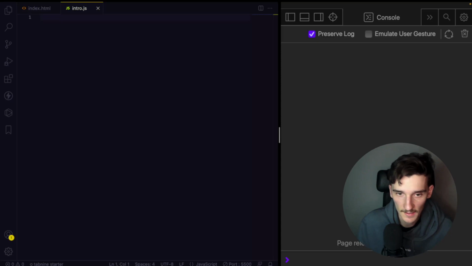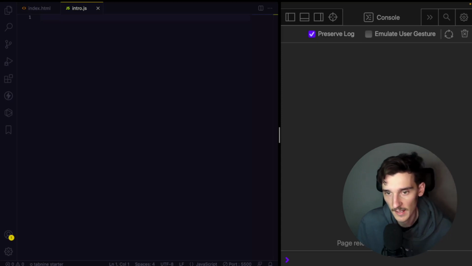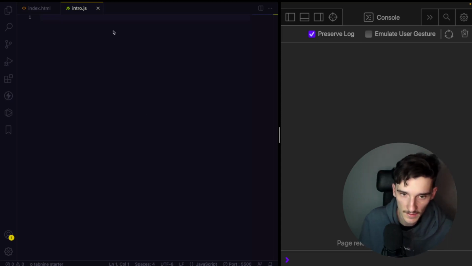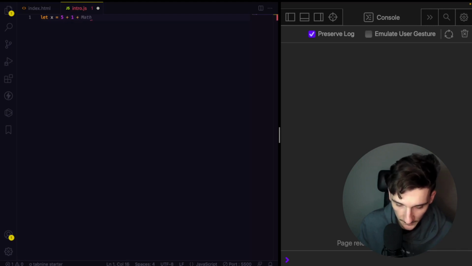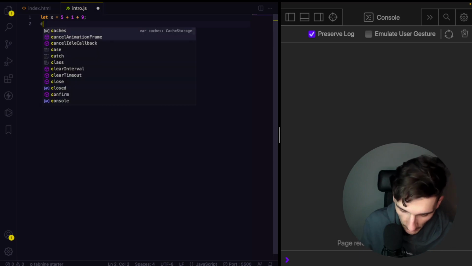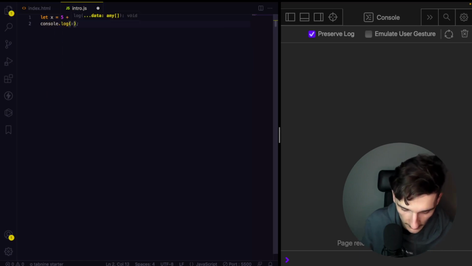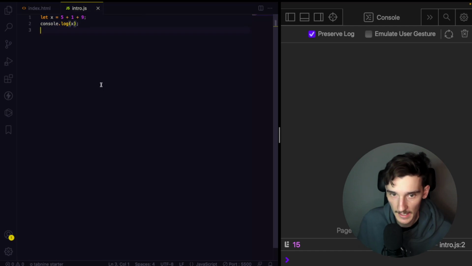Let's start this episode with the simplest algebra operations, and the first one maybe will be adding some variables. I will start with declaring x, for example, which is equal to 5 plus 1 plus 9. I will console log it, and I have 15, so I've added all the numbers and displayed it in x, so it's super easy